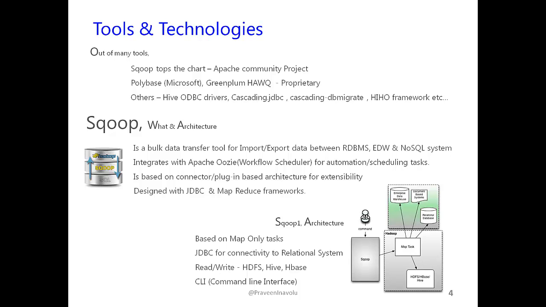We have Scoop version 1 and we have Scoop version 2. Okay, so the version 1 architecture, you can see on the right bottom corner. That's the version 1 architecture. So basically, it depends only on map tasks. There is no reduce task in version 1 architecture because, if you think about it, when we interact